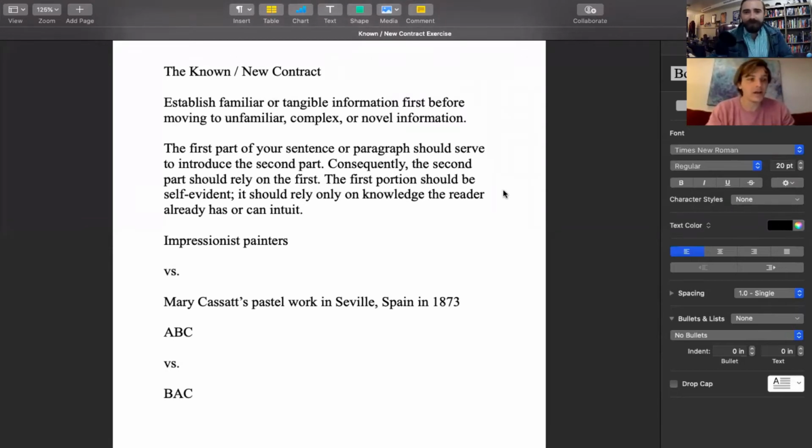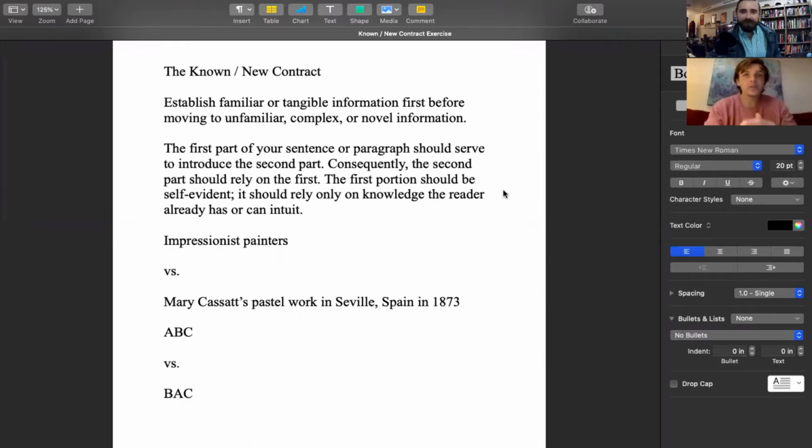And again, we've all had that awful experience of reading a really dense essay that begins with sentences that have information that you don't understand, and it's just really hard to get into the essay, partially because of an error in the Known-New Contract. Right, you've got to give us something simple and then add to it, or something concrete and then tell us why it matters. Yeah, exactly. You don't want to alienate your reader, you want to invite them in.